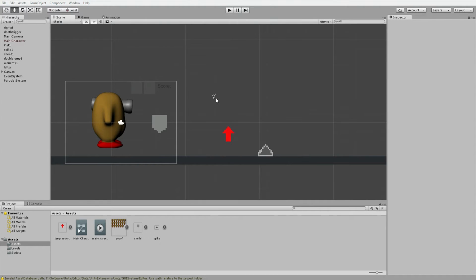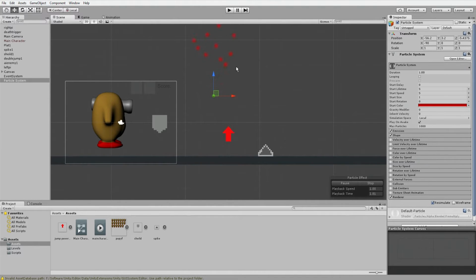So now that we have that, you see it do little red effects. So that's the type of particles that we want. What we're going to do is have it do start delay, start lifetime, start speed. What we're going to do is have it come out faster. So when it comes out faster, it's going to